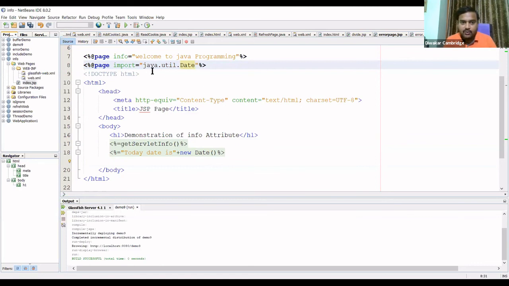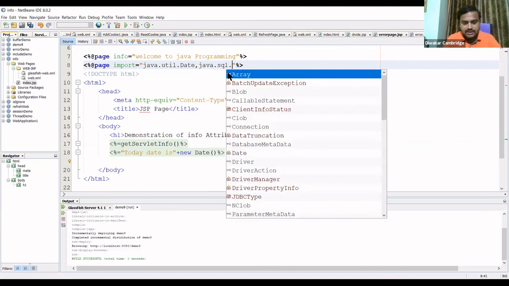If you want to import multiple packages, it is simple: just separate them with a comma, import equals to, java.util.star, and otherwise java.sql.star.